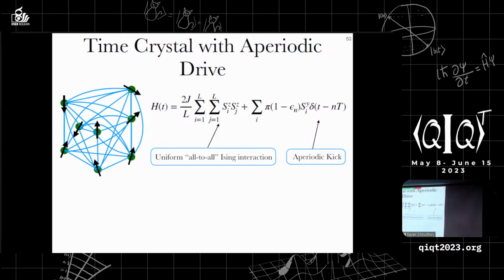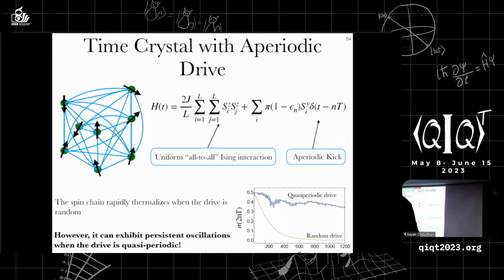Of course, if we were to do a totally random drive, even there you don't get anything interesting. The system just thermalizes. However, if you have some kind of structure in the drive,